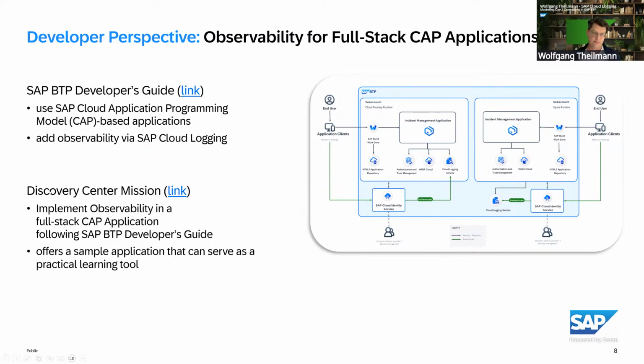There's a very practical starting point for this, which is the so-called mission in our Discovery Center. So in Discovery Center, there are missions. And one of those missions is about how to implement observability in a full stack CAP application following this BTP developer guide. So this is a very detailed step-by-step mission, which tells you what kind of prerequisites you